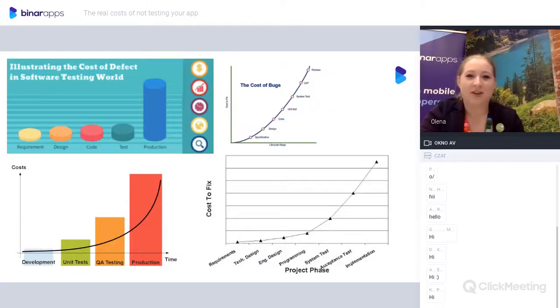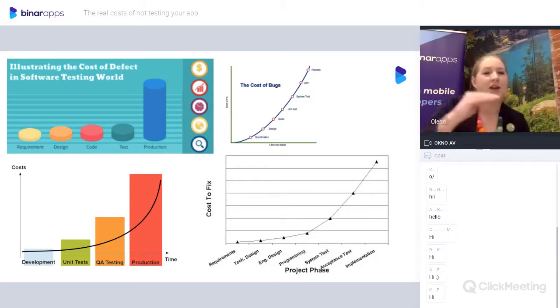If you have a look at all of those graphs, I have purposefully downloaded them from the internet. They all have a couple of things in common. The worst thing that they have in common is there's no scale. If you have a look at the graph, you don't know where it starts, where it finishes. I mean, is it zero on the axis crossing? Because normally, if you've been doing presentations and you do the scaling, you know that not always you start from zero. Sometimes you start, I don't know, from 50 and the end is 80. So it actually depends. So the worst thing is there is no mathematical model that